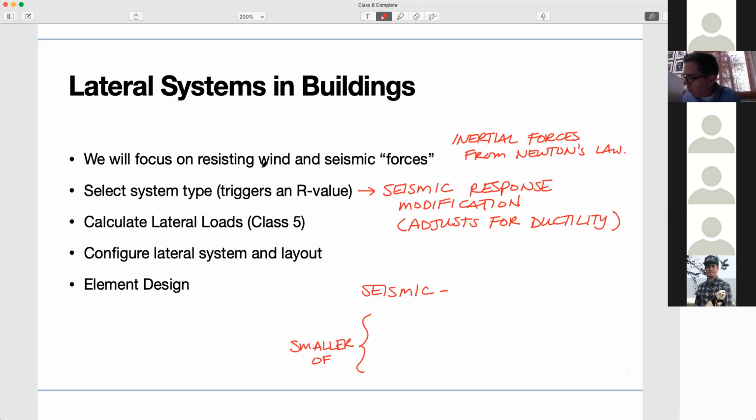We'll look at both of these today, and only one of them is going to govern. And so in a design,